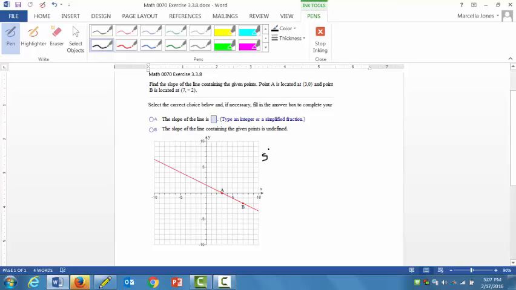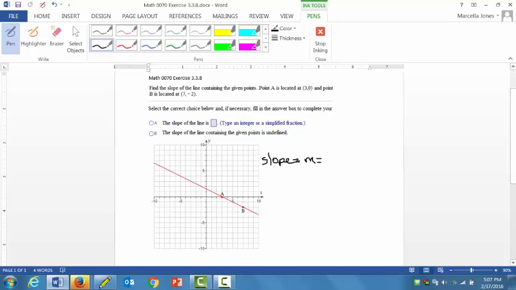We can use our slope formula, which tells me to find the rise over the run. And remember, rise is the change in y, and run is the change in x. Now, when I look at the change, I'm actually looking at the difference between my starting value and my ending value. So if I'm looking at the change in y, and I start at the point A, whose y coordinate is 0, and I go to the point B, whose y coordinate is -2,